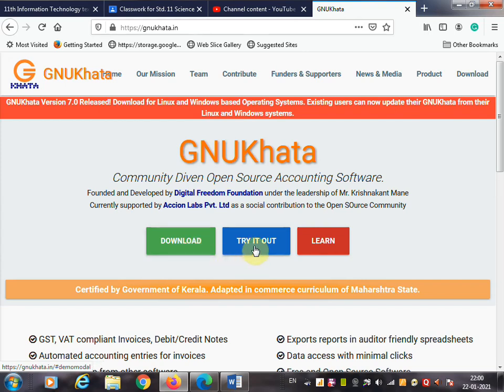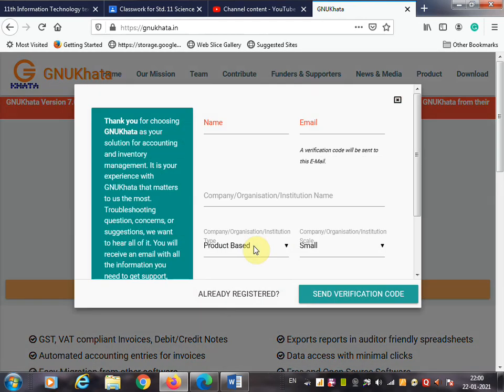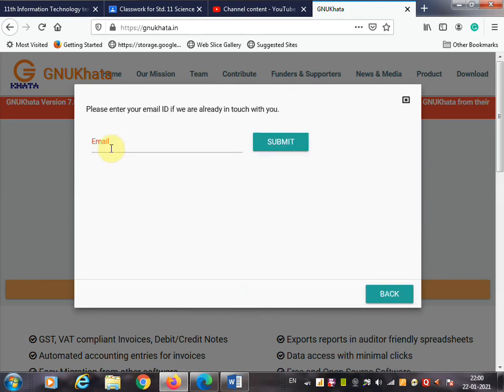Otherwise you have to click on try it out, this button, and provide your email ID. If you already registered, then enter the email ID which you used to register GNU Khata, and click on submit button.